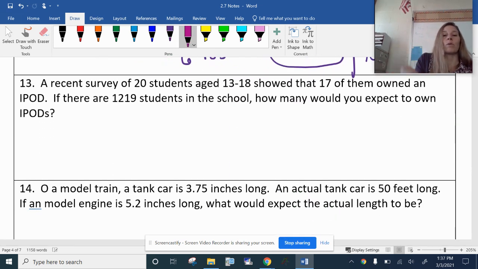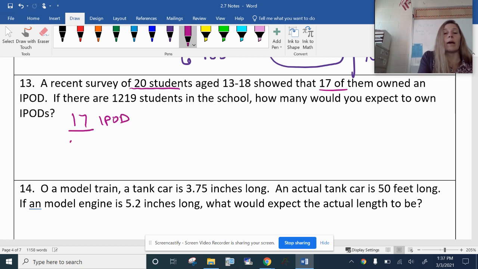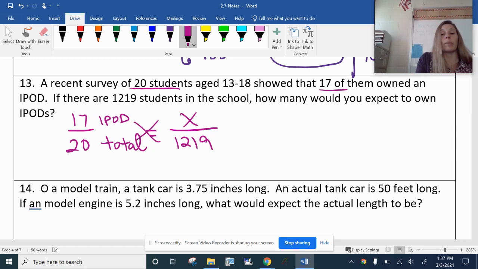Okay, on a recent survey of 20 students in this age group, it showed 17 of them had an iPod. So 17 people had the iPod out of 20 total. If there are 1219 total students, so it's going on the bottom, how many would you expect to have an iPod? So 20x equals